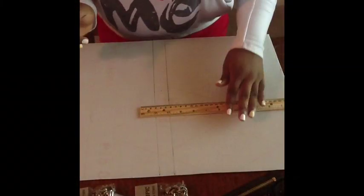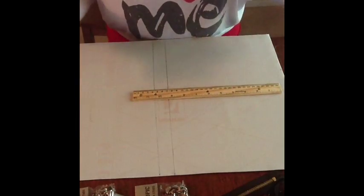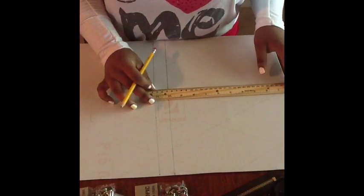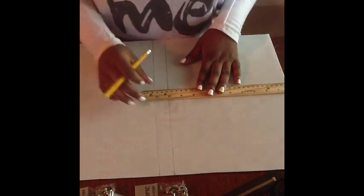I'm going to start my measurements, and this is probably the most crucial part of the whole project. You want to make sure that you are cutting right and measuring right and everything. I want my bag to be a decent sized clutch, so I want it to be about 10 inches wide. So I am going to measure from the start 10 inches, and I already drew my line here at 10 inches, but I need a little bit of room for stitching. So I'm going to measure another inch from that 10 inches